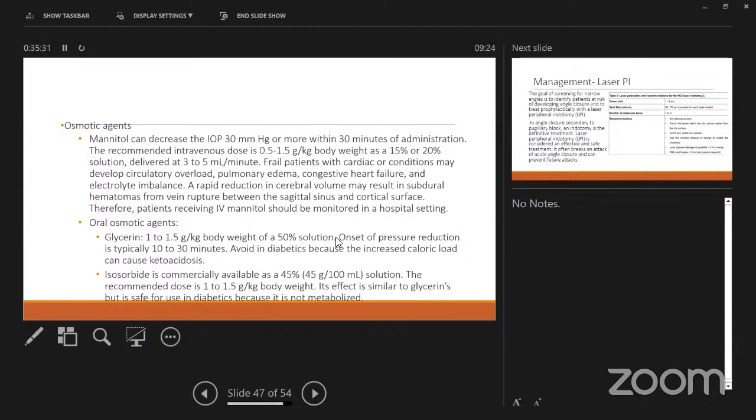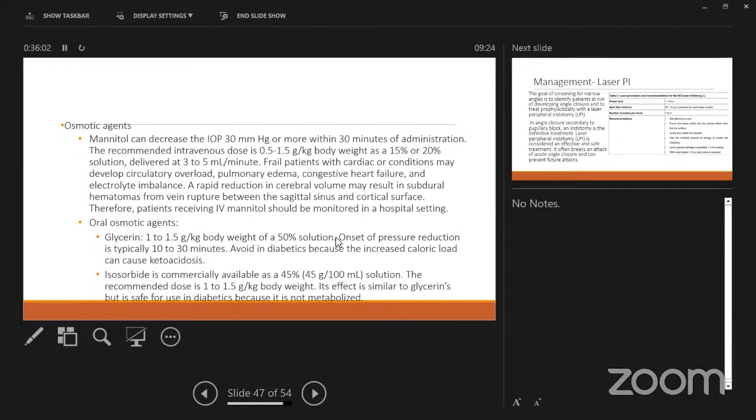mannitol, which can decrease IOP by 30 mm or more within 30 minutes of administration. Dose is typically 0.5 to 1.5 gram per kg body weight as a 15 or 20% solution. It is delivered at the speed of 3 to 5 ml per minute. Then important points to be ruled out is that the patient should not have any cardiac or renal or pulmonary lesions. Then rapid reduction of cerebral volume may result in subdural hematomas, and hence such patients should always be monitored